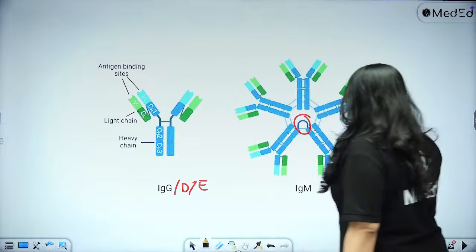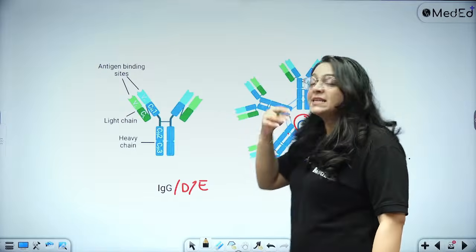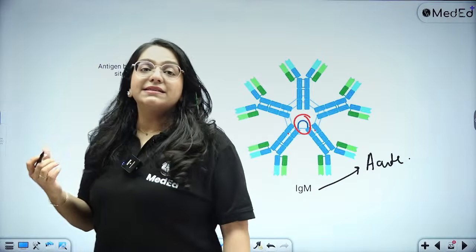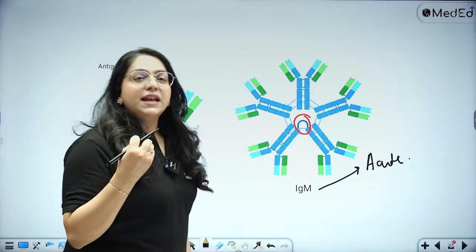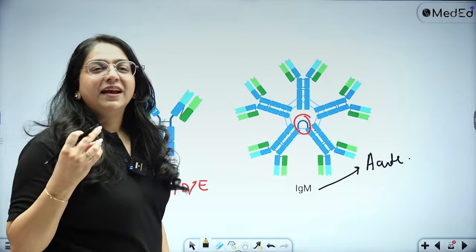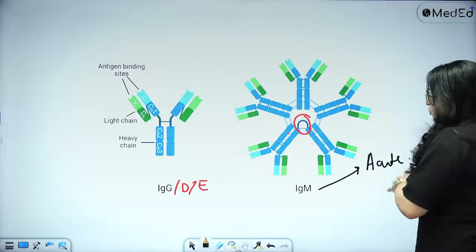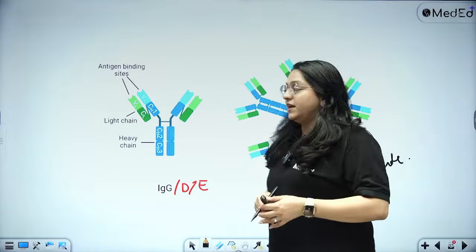What about IgM? IgM rises in acute illness. It is the first antibody to rise. It rises in the acute phase of illness. Okay. Affinity and avidity. I'll just explain affinity and avidity. So the thing with affinity and avidity is,